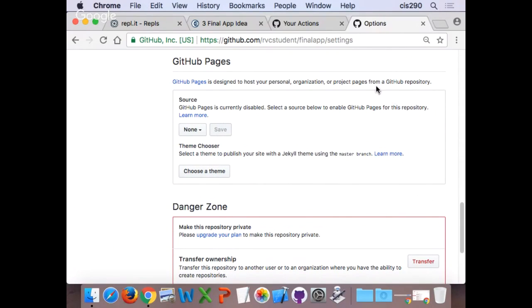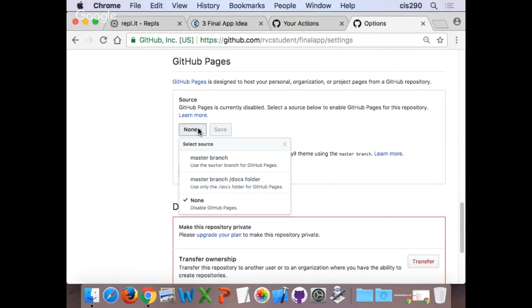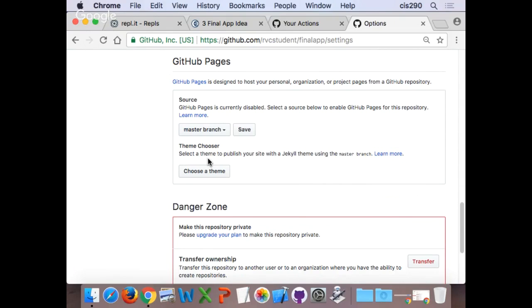So settings, scroll down to GitHub pages, and we're going to go underneath the area that says source, where it says GitHub pages is currently disabled. Select a source below to enable GitHub pages for this repository. This is what we're going to use, by the way, to create the web page. So click the None drop down and select Master Branch. All right, and then click Save.